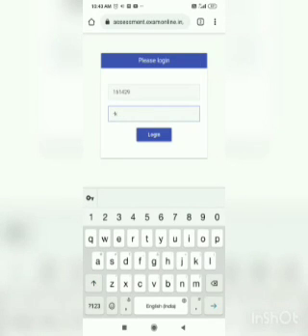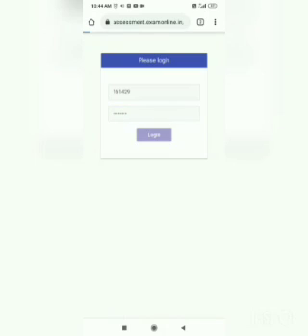You can see that the password which we have shared is in uppercase. So please note that you have to enter the password in capital letters only. Once you enter your login ID and password in this login window, you have to click on the login button and wait for the system to respond.